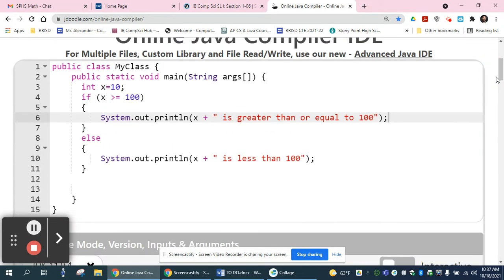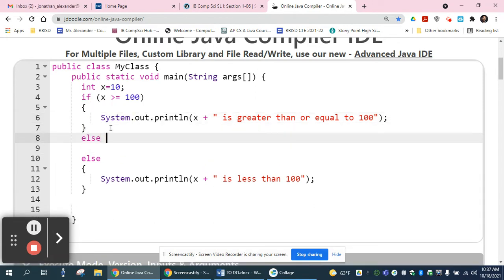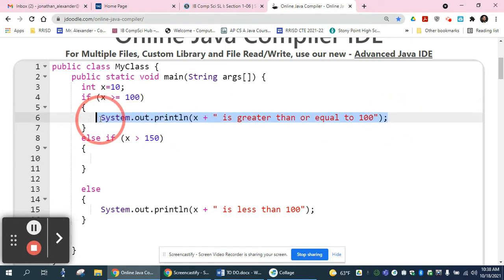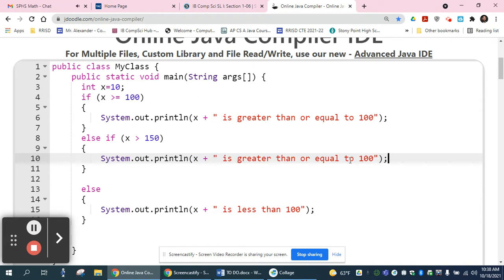Now, what if I wanted to be a little bit more specific? Like I want to put a third condition in there. Anytime you've got 3 or 4 or 5 conditions, you can, but you need to put it between the if and the else, and you would want to use else if. So I'm going to add one condition here, else if, and I'm going to say x is greater than 150. What do you think I should print out in this case? X is greater than